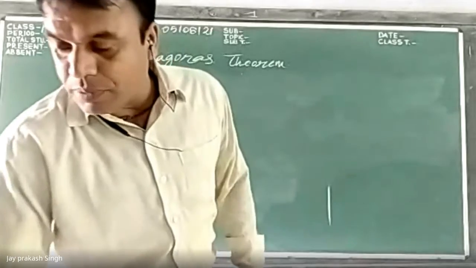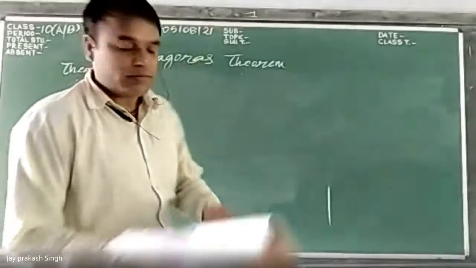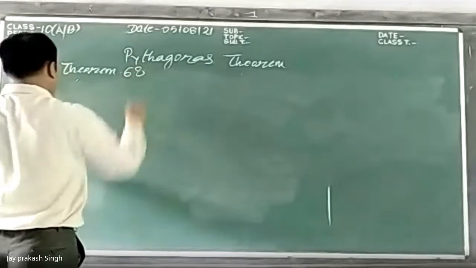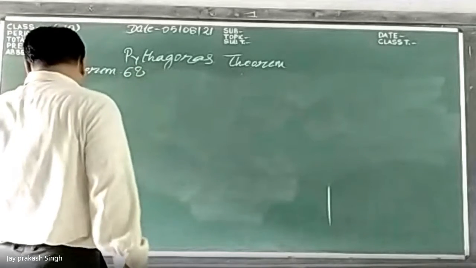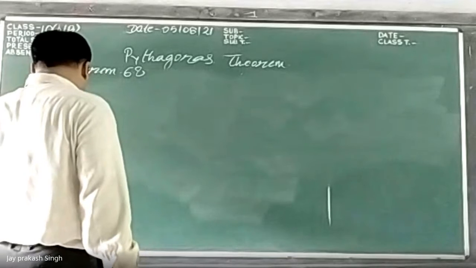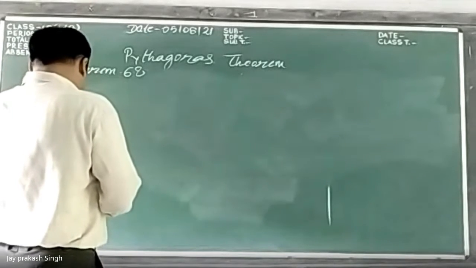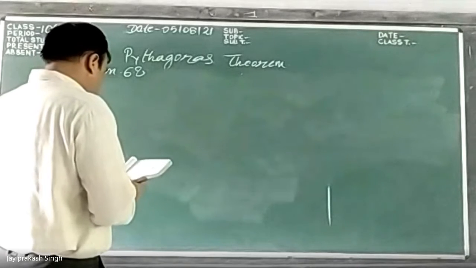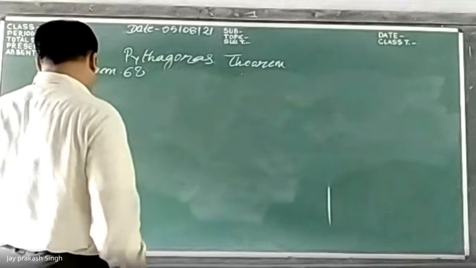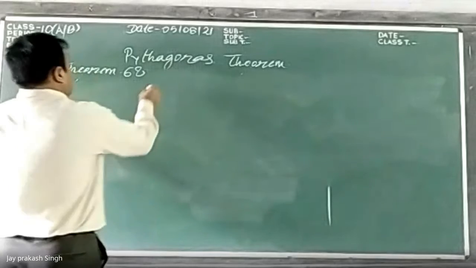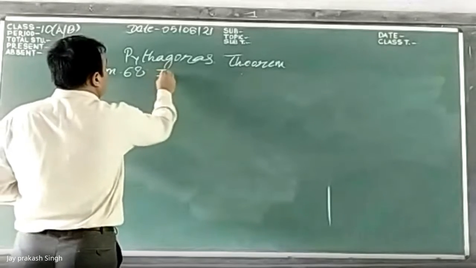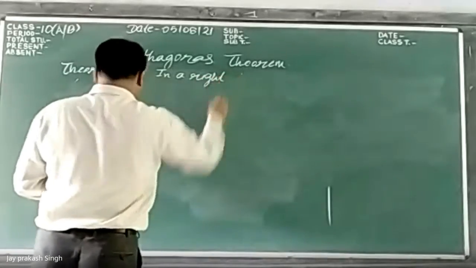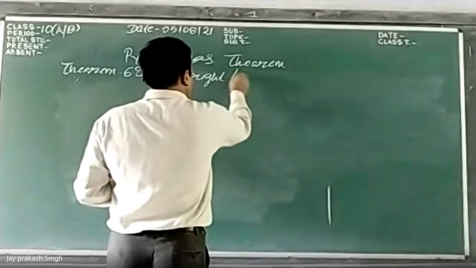Now theorem 6.8. It is given in a right angle triangle, the square of the hypotenuse is equal to the sum of the squares of the other two sides. So in a right angle triangle,